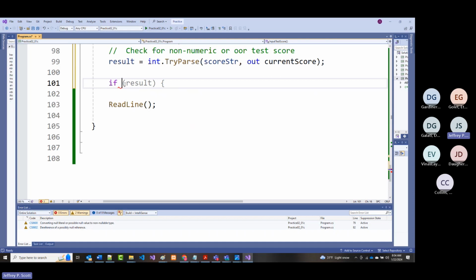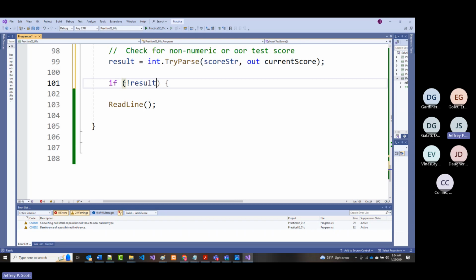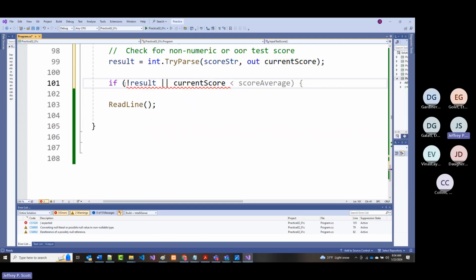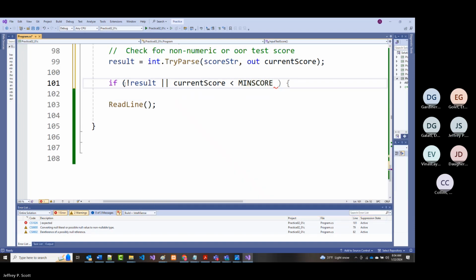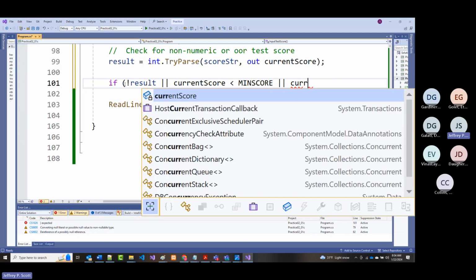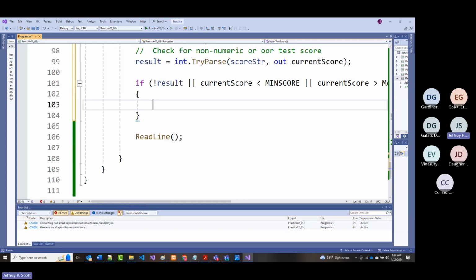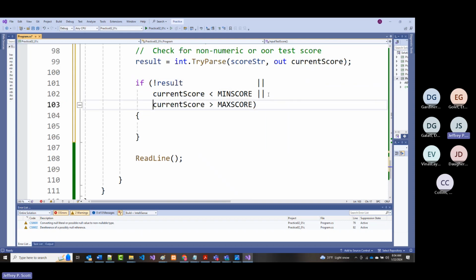So if, when I do this, that result is false, that means I had bad input. So if the result was false, or the current score that I put in is less than the min score, or the current score that I put in is greater than the max score. So if it's one of those, let me put these over multiple lines so you can see everything I'm doing here. All right. So if one of those things happened,